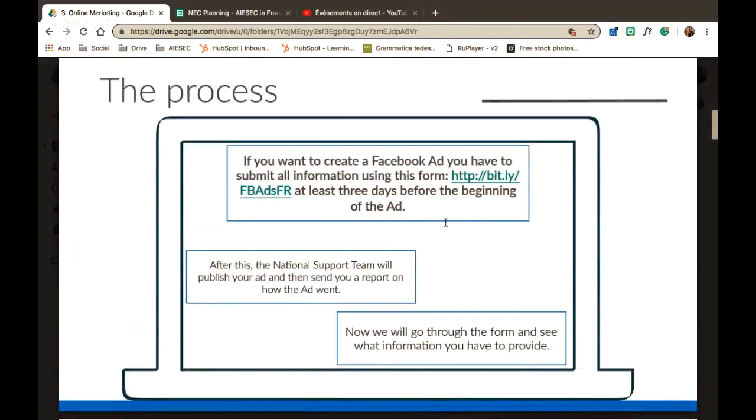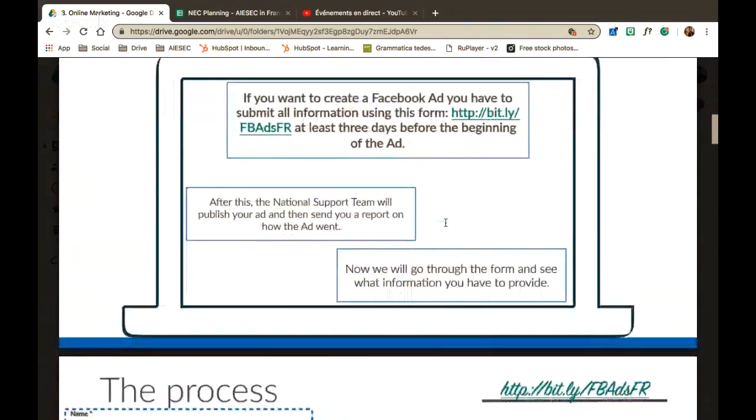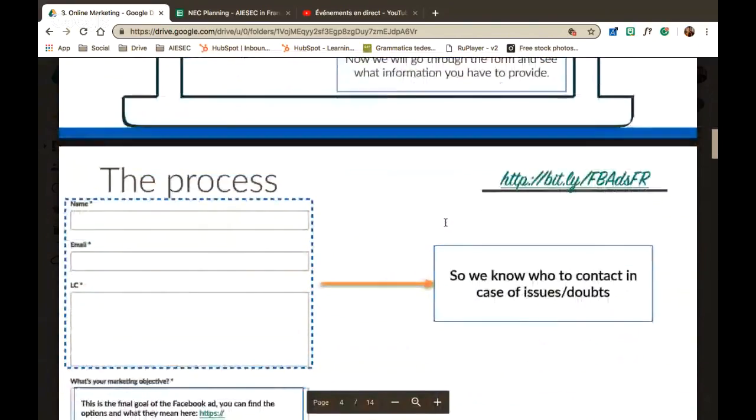If you want to create a Facebook ad, we created this Podio form for you that you can click and submit at least 3 days before the beginning of the ad, because after this we are going to review with the national team, and then we are going to publish on our national Facebook page. Then we are going to see what information we have to provide after this introduction. The process is really easy, and it's everything